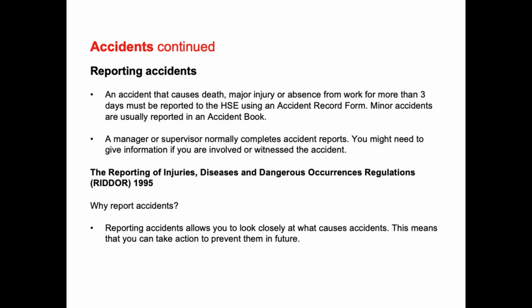Reporting accidents. An accident that causes death, major injury, or absence from work for more than 3 days must be reported to the HSE using an accident record form. Minor accidents are usually reported in an accident book. A manager or supervisor normally completes accident reports. You might need to give information if you are involved or witnessed the accident. The Reporting of Injuries, Diseases, and Dangerous Occurrences Regulations, RIDDOR,